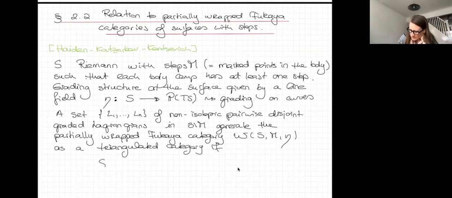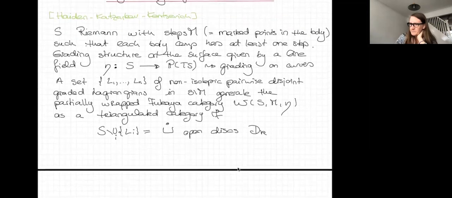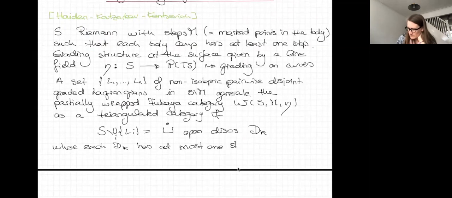If the complement of the Lagrangians in the surface, so it should be the union of the Lagrangians, is a disjoint union of open disks, let's call them dk, where each dk has at most one stop on the boundary. Okay, so